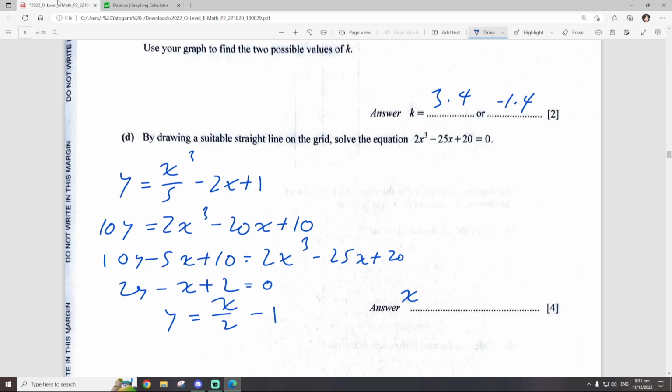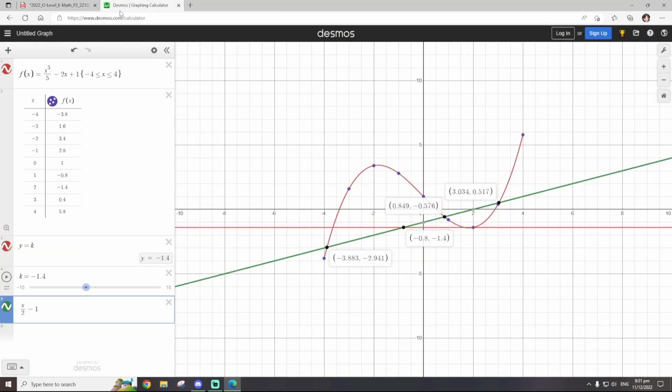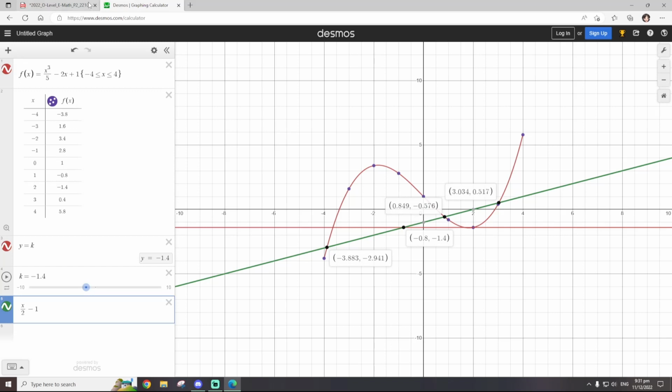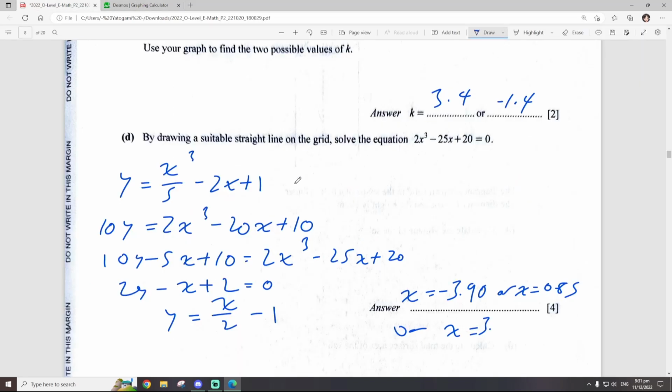So you'll get x equals minus 3.90, or x equals 0.85, or x equals 3.05. Okay, so those are your three possible solutions. Of course, depending on how exactly you drew the graph on the actual question, you might get a slightly different answer. Okay,